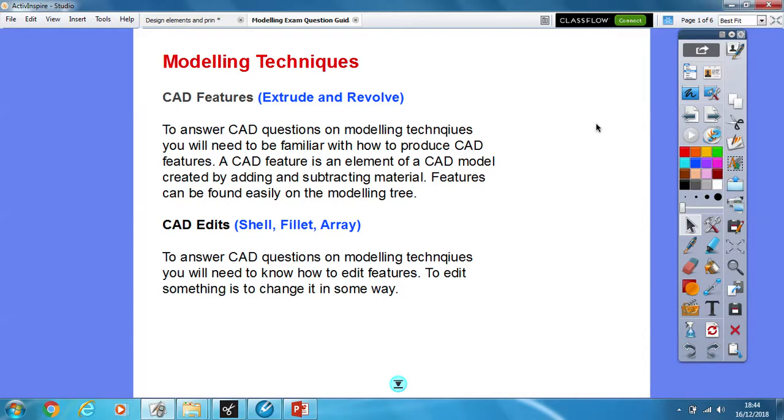Okay, in this video, what I'm going to do is talk you through how you would answer a question in your exam on modelling techniques. Now, before we actually look at an example, there are a couple of slides here that I think it would be worthwhile looking at prior to doing an actual example. On the screen, we've got